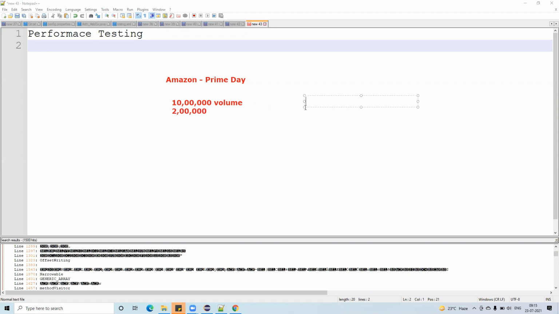Assume that it is Prime Day. On Prime Day, how many people will log in? Crores. Some number, 10 crores or 15 crores or 1 crore. 5 crores. Okay, this is 5 crores.